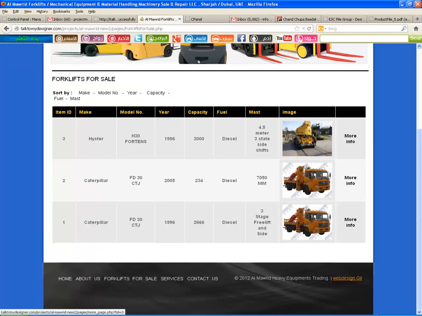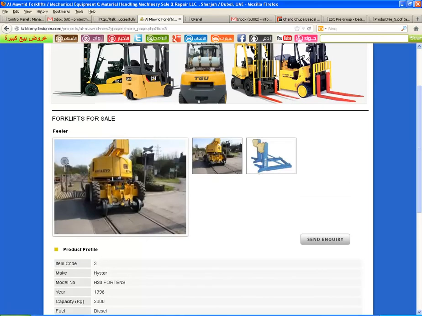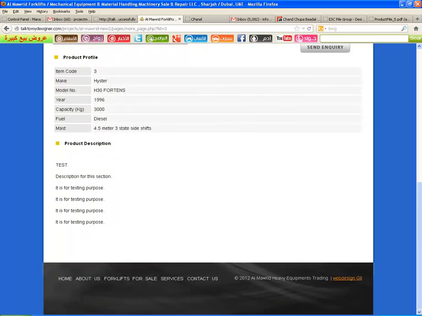For more info, you click on more info, then you will see the images we have given in the control panel and the product profile. It will display all the details we entered in the control panel. Also the product description we entered in the description area will be displayed here.